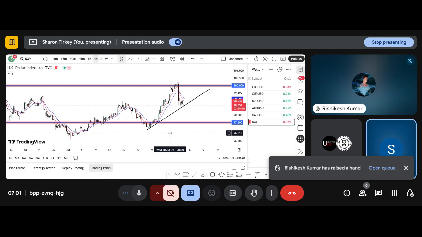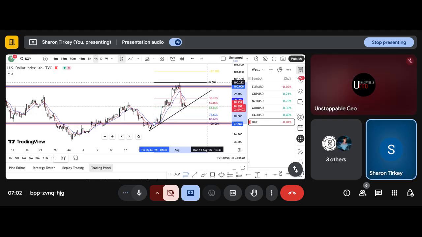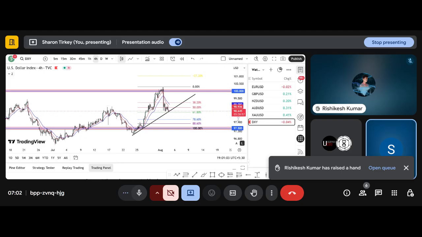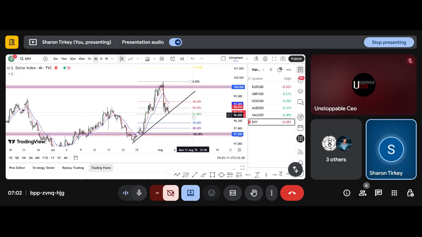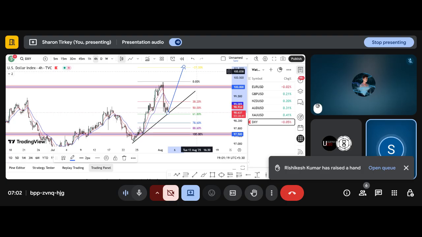Now I draw the Fibonacci from higher low to higher high at this level. Here you see the market is currently around 61%, going to this level. After this retest, this is our target. Okay,